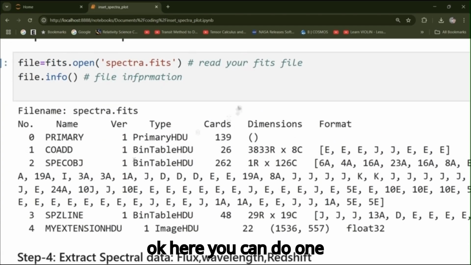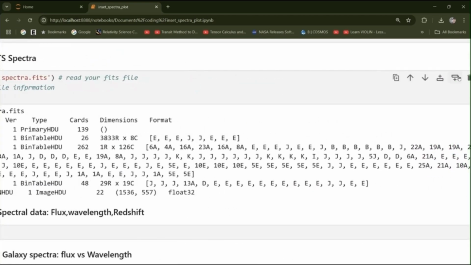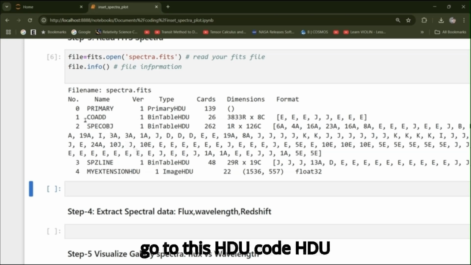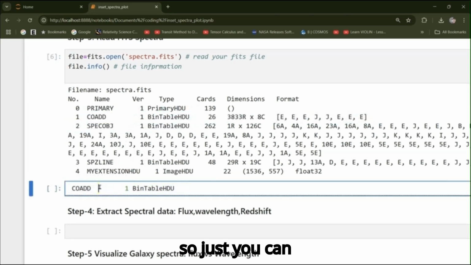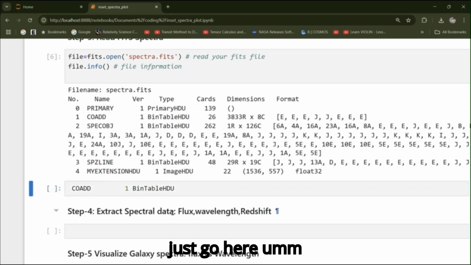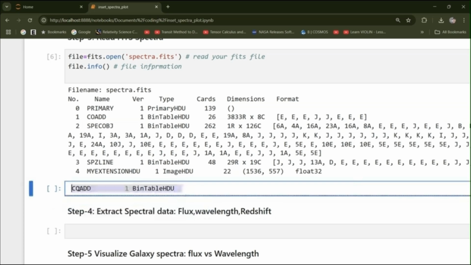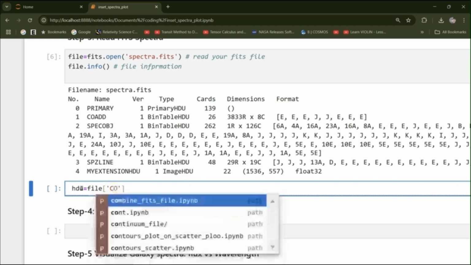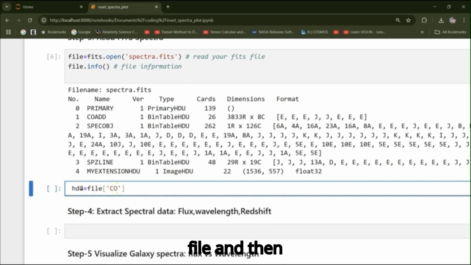Here you can do one more thing, you can go to this HDU, so just type hdu equal to file, and then go add, and then type dot